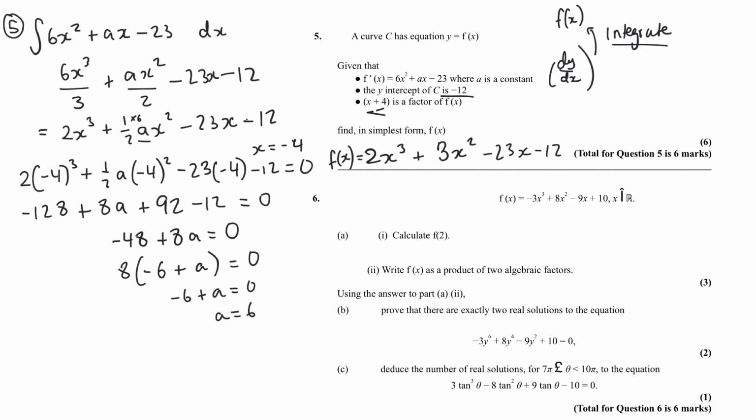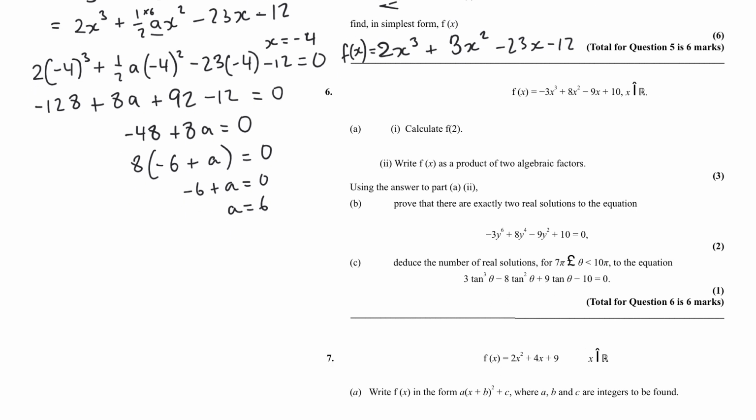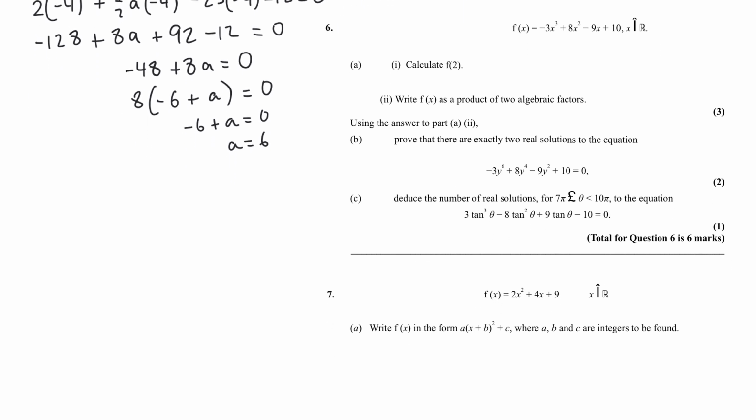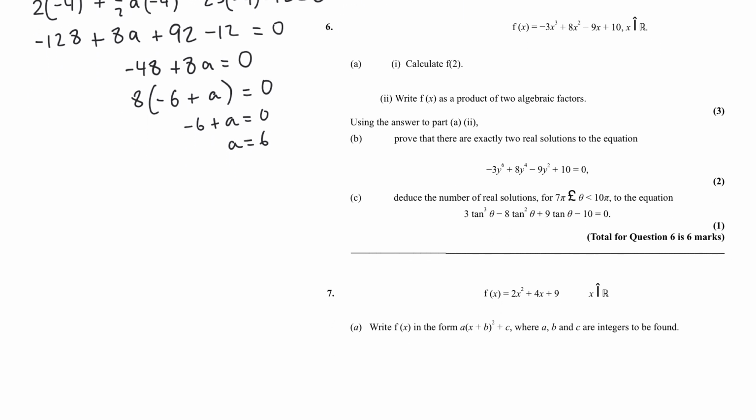Okay, and then having a look at question 6. So question 6 has given us an f of x equation. It says calculate when x is equal to 2. So then we're going to substitute that in. So if we're substituting when x is equal to 2, so that'll be,